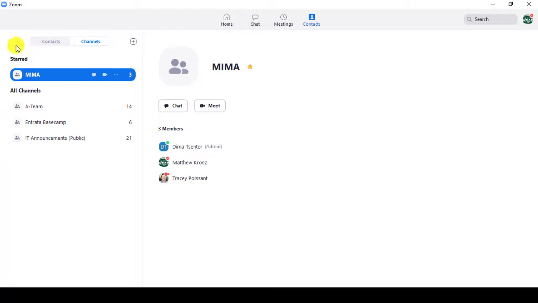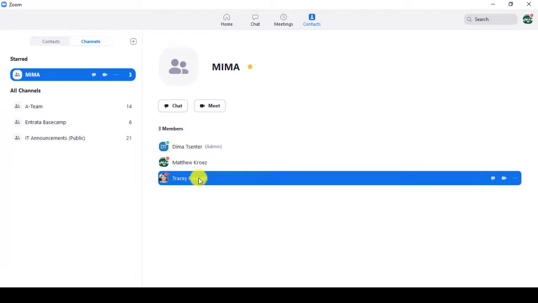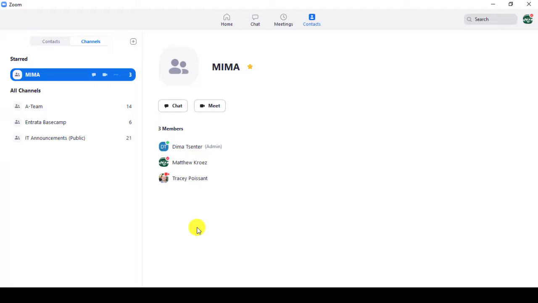The first section here, Starred, are going to be all the channels that you currently have a star on. Starring a channel will keep it at the top of your chat display, making it easier for you to see the notifications and making it easier to not get lost in the other chats and channels that you have or that you're a member of. My example here that I have starred is the Mima chat, and you'll see down here it'll show you the members of this channel, Dima, myself, and Tracy. We all utilize this chat multiple times a day, and it's where the bulk of my messages come from. So I starred this chat to keep it at the top of my chat display, making it easier for me